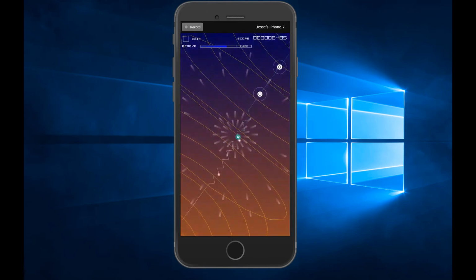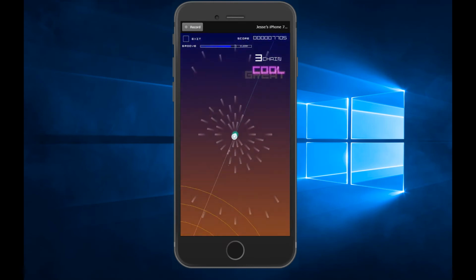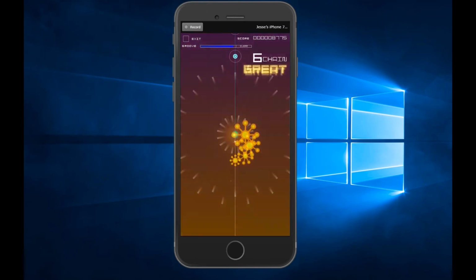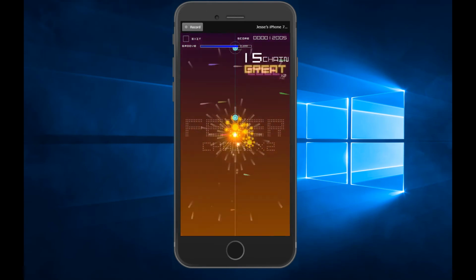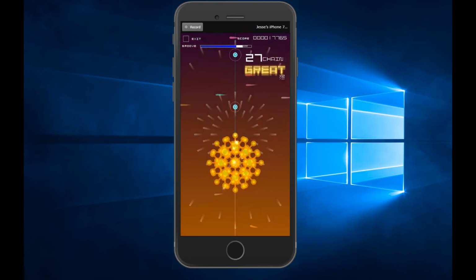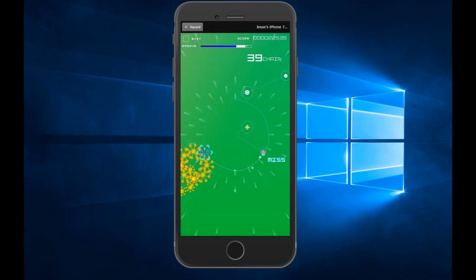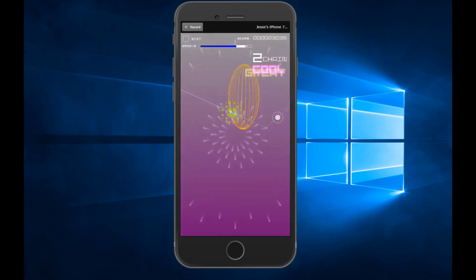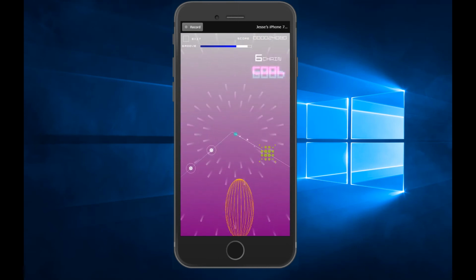Oh God. See, this part's getting really crazy. I can't see what I'm doing anymore. Now it's okay. It's kind of evened out a little bit.